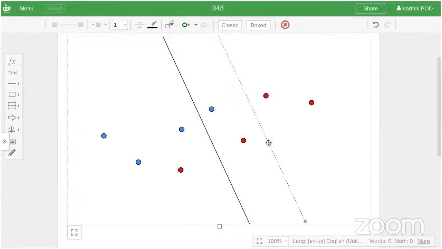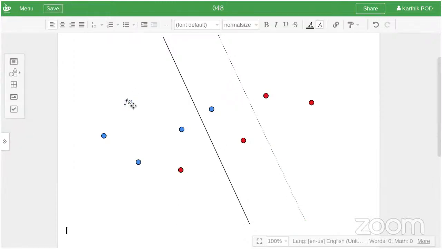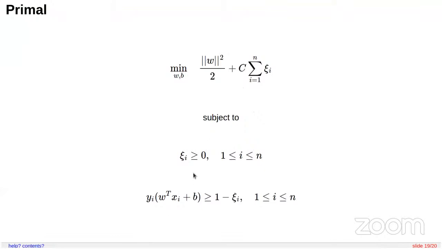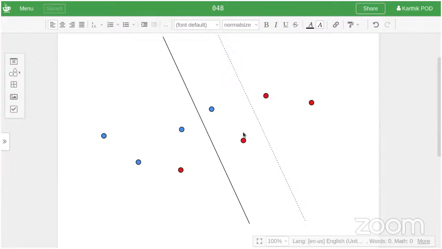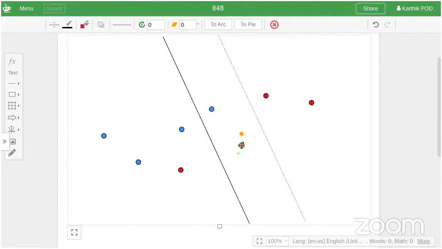Intuitively, yi (w^T x + b) should be less than or equal to 1 minus epsilon, right? So all points that are on the wrong side of the boundary will be equal to 1 minus ei. For example, the red point is on the wrong side of the boundary. Anything that's to the left; in this case, red points are on the left side. So all such points